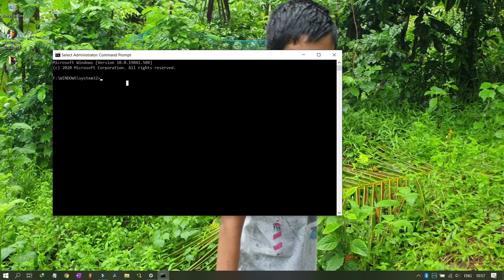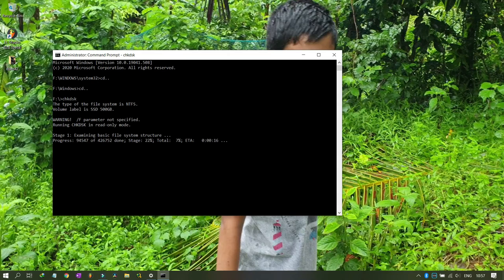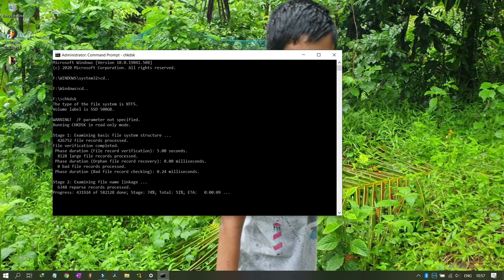So you can go to the root first. So you press cd .. enter. We are out of the system32 folder. cd .. enter. We have come to the root of F drive. Then you can type the command chkdsk. Press enter. It will give you some message. Okay, so it has started running check disk on this drive. You can press alt enter and maximize the window.